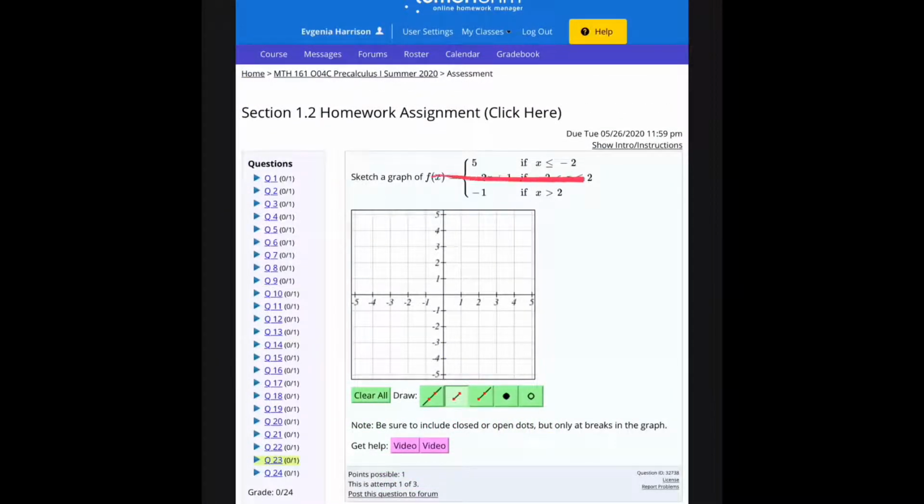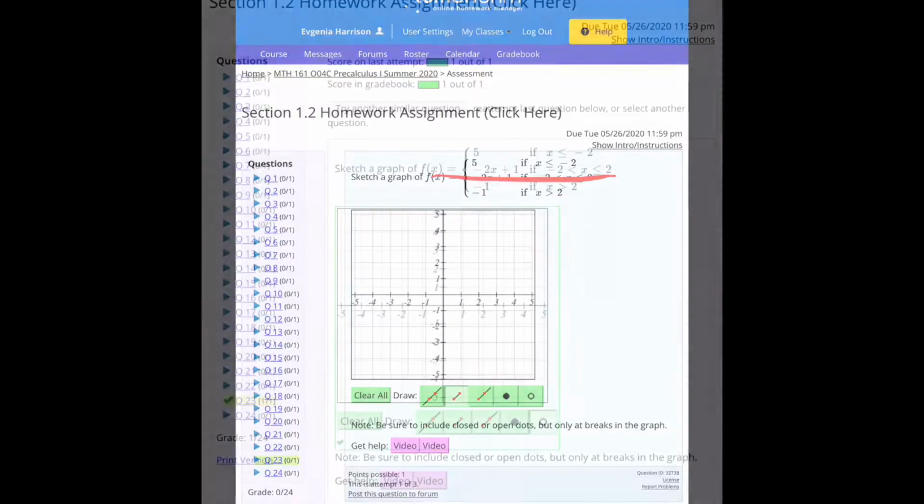Now let's graph our function. Let's take a look at the first piece, f of x equals 5. f of x equals 5 is a constant function, which means all the y coordinates will be equal to 5, or in other words, the graph will be a horizontal line. The domain for that piece is x is less than or equal to -2. That means that x goes from -2 to -infinity,